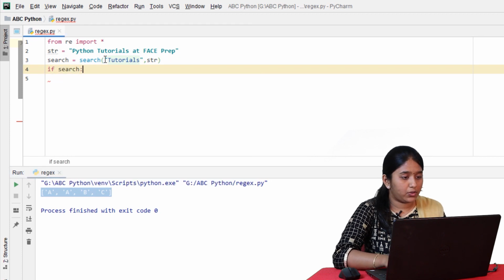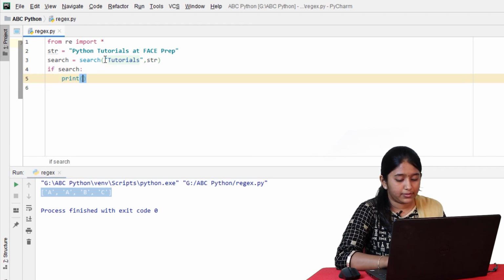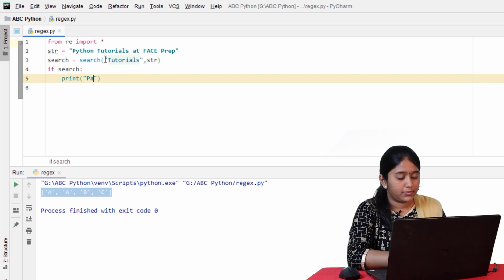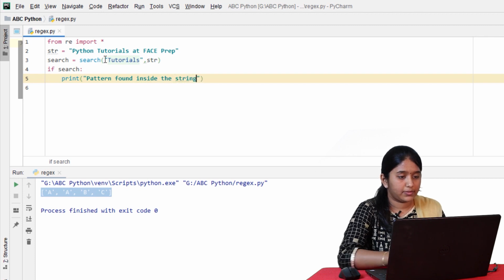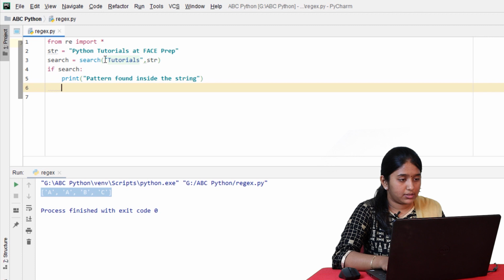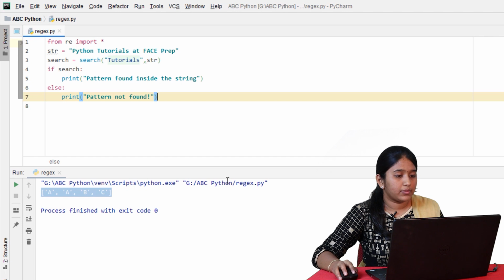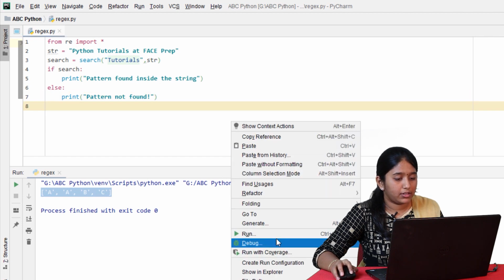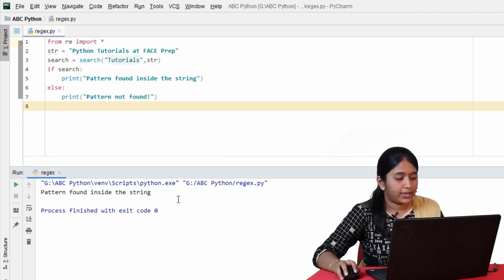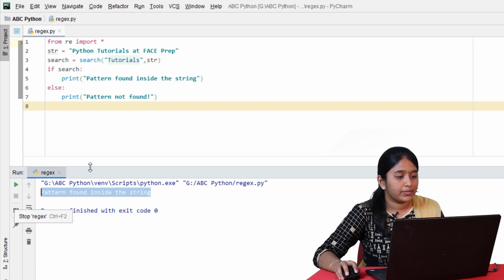If the search is found, print pattern found inside the string. Otherwise, print pattern not found. Click on run. Pattern found inside the string.